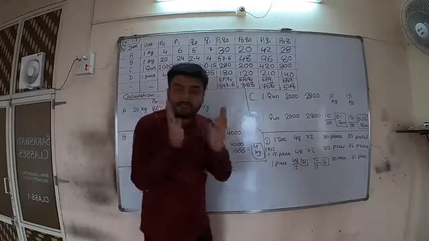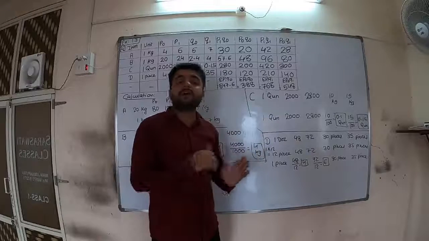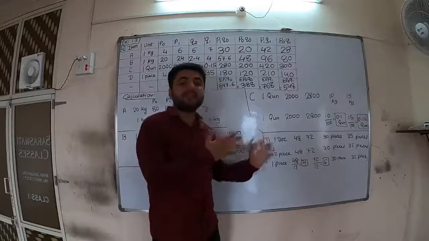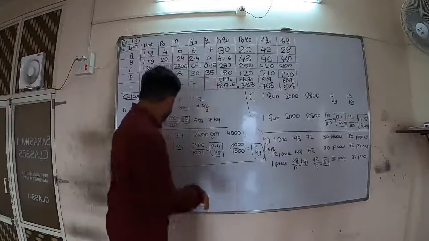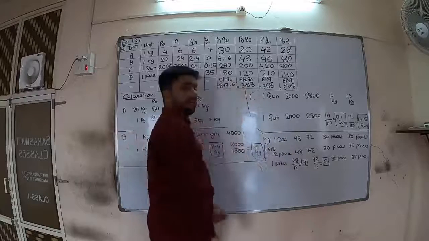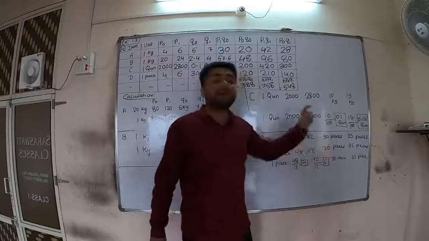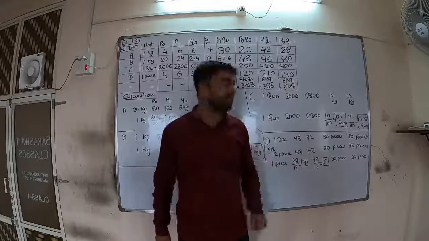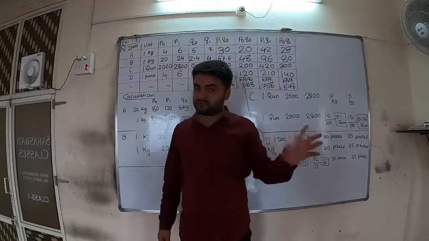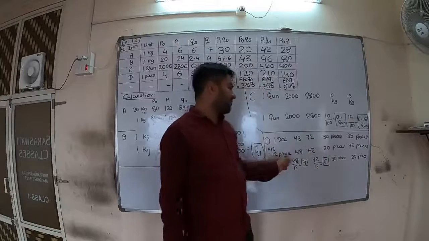Now in item B, what is the difference? It is a very important sum. See, the sum which we are solving now has been asked in the boards 2 times. So you can think how important this sum is. Okay? See, here also 1 kg, here also 1 kg, and here 1. But it is not possible to change there. Why? 30 by 12 is 2.5. It is okay. But 35 by 12 is 2.91666. So it is not okay. So leave it. So when this is not possible, what do you have to do?